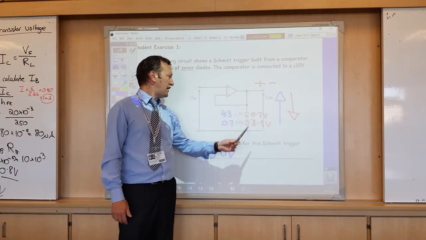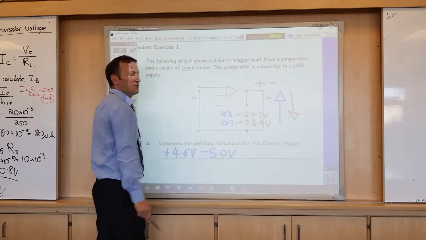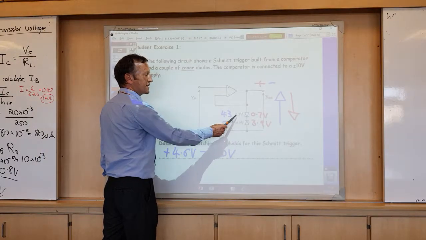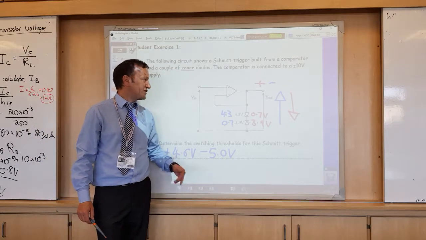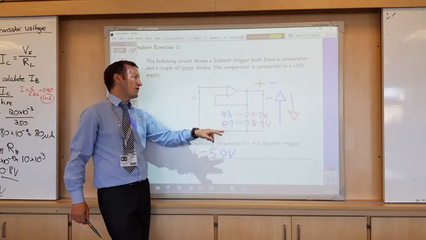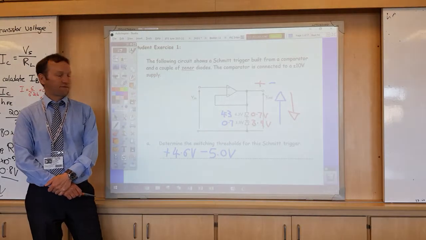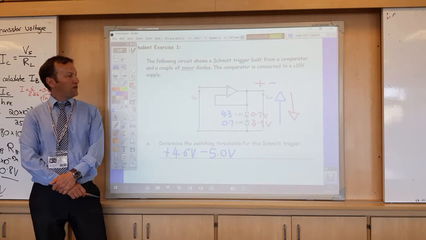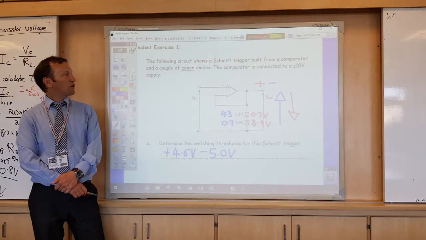So with blue we're heading that way, so now this diode is forward biased, giving 0.7 volts across it, and this one is reverse biased, giving 4.3. So the negative switching threshold is going to be minus, because we're doing the minus one, 4.3 plus 0.7 gives you minus 5. One's always 0.7, the other one's the other value. That comes to then drawing